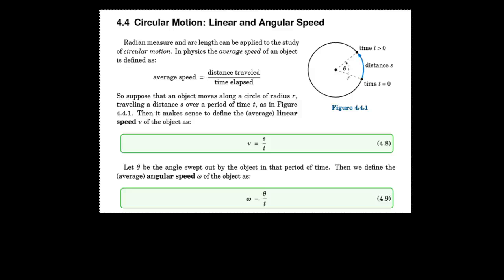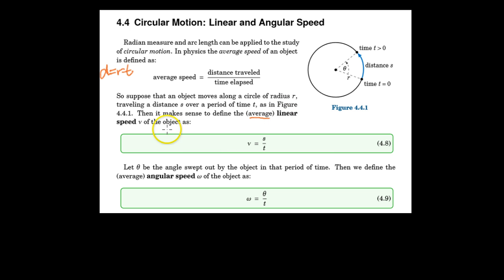Hi folks, 4.4 is circular motion, which is pretty interesting stuff. Linear and angular speed. If you recall the famous definition of distance equals rate times time, so average speed, if you solve for r here, is distance traveled over the time elapsed. So we say that the average, and we're not going to use that word average, but we're just assuming it